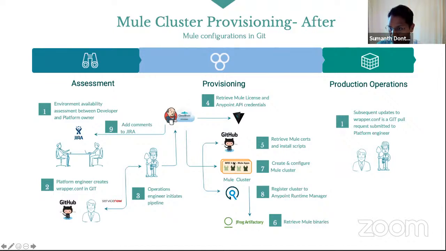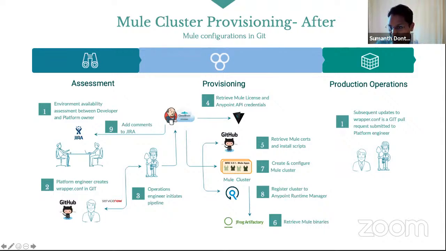Once the clusters are there, that script on the environment would directly pull whatever it needs, the binaries or whatever things it needs, directly from the Artifactory, and then the registration is also done by API. So all this is driven by API and a combination of scripts. This provisioning process really helped us. What used to take 4 days, because of the lead time and the emails and all that, it brought down to about 2 hours.